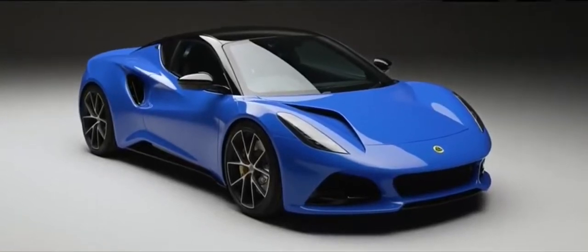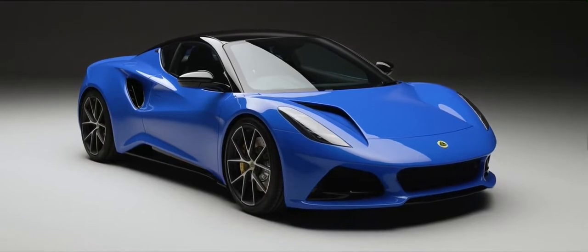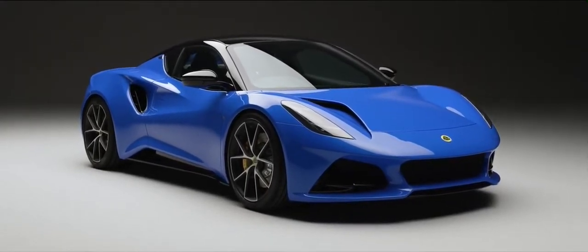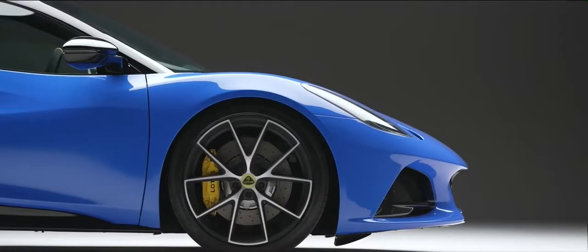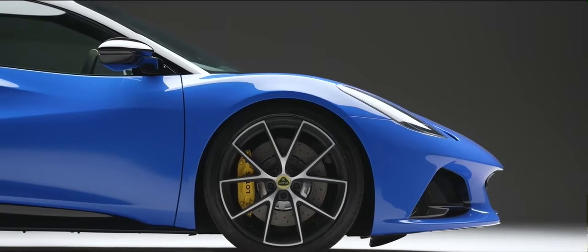Lotus's first brand new series production model in more than a decade is a stunning mid-engined, two-seat sports coupe with supercar-aping looks, a high-quality interior and the option of 4-cylinder turbo power supplied by Mercedes-AMG. The Emira, pronounced EMIRA, will eventually be priced from